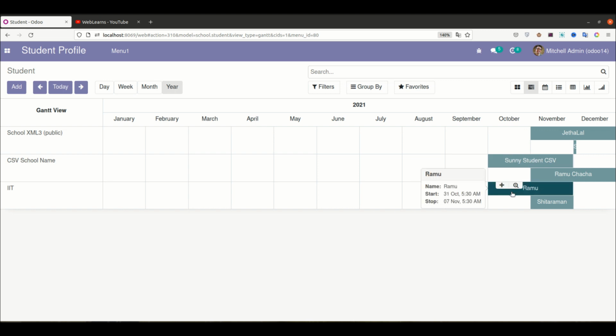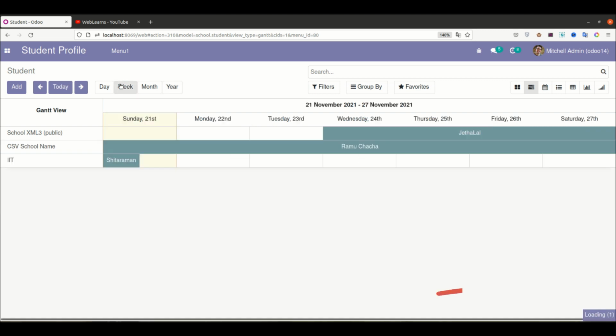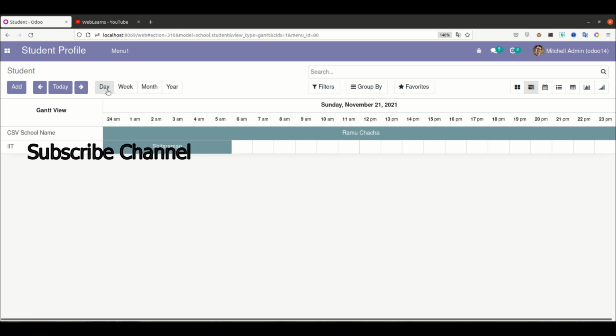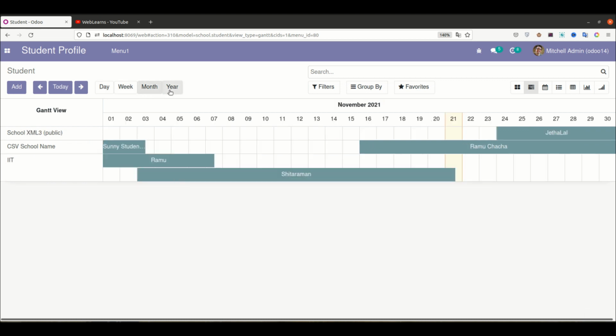If you hover here, you can see this pop-up message. The record name is Ramu as the student name, and the start and stop date are displayed here. Likewise you can see it also changes. Then you can change to week wise, or day wise. It's up to you, and based on your requirement you can use it like this.